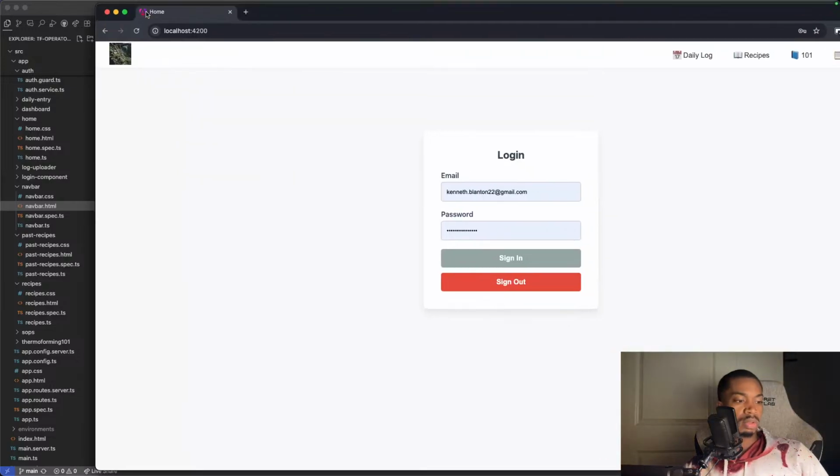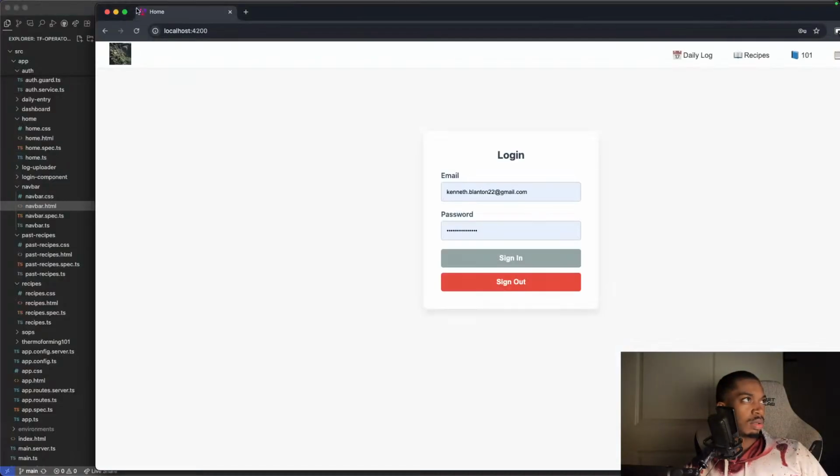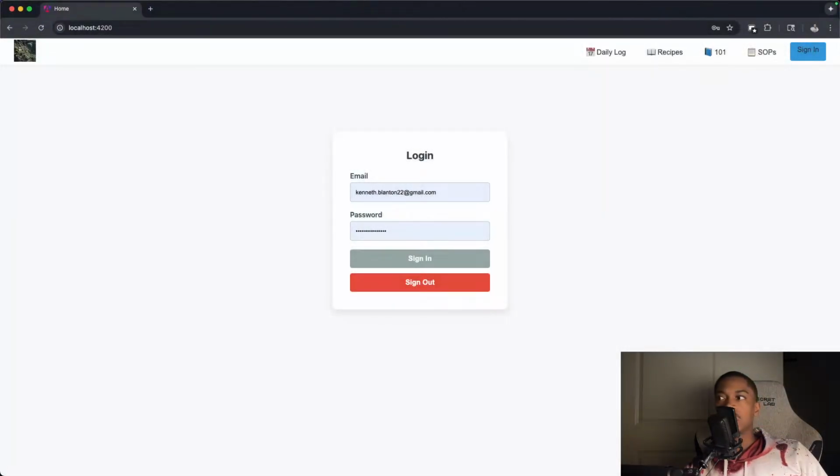Localhost. Also, do that now. Okay, so more or less what I want to do is use